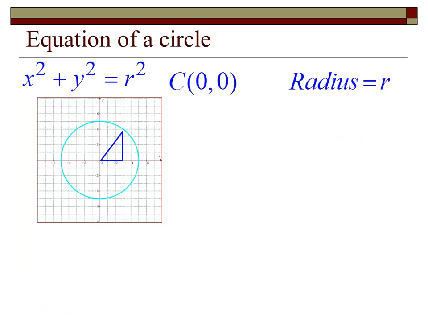So the basic equation for a circle, which has its center at 0, 0, is x squared plus y squared equals r squared. My center was 0, 0, my radius was r. Now, the reason why this worked comes straight from the Pythagorean theorem. If I went out the x direction and the y direction on a right triangle, because a circle is a set of all points which are equidistant from the center point, that's what the radius is,